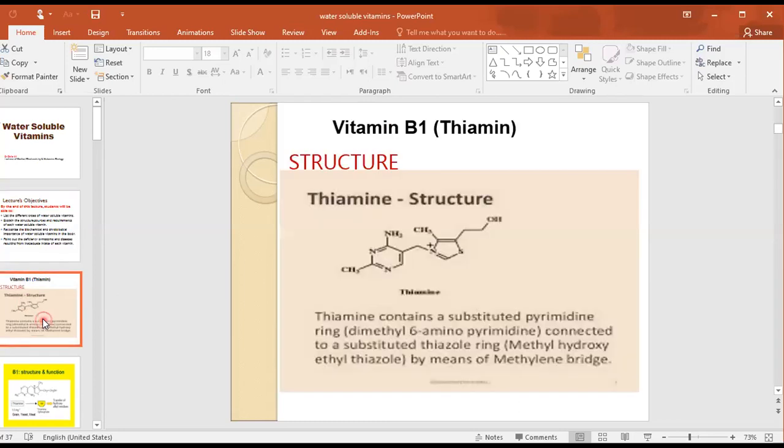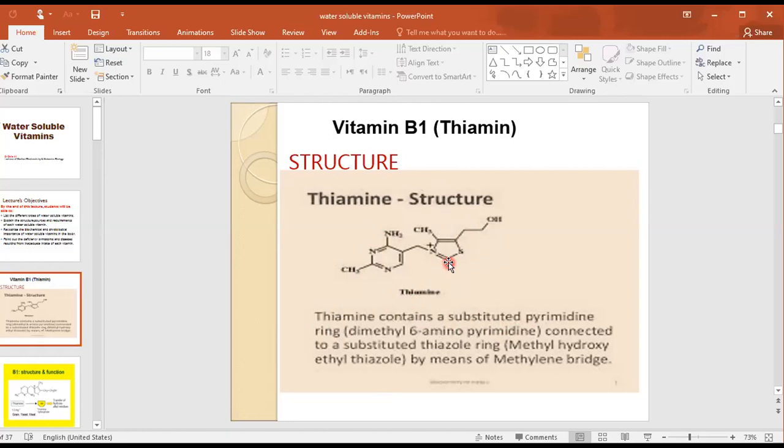Number one, the first vitamin is vitamin B1 or thiamine. So it's called vitamin B1 or thiamine. The structure of thiamine, as you can see, is a substituted pyrimidine ring. It's like a pyrimidine ring, the pyrimidine ring of